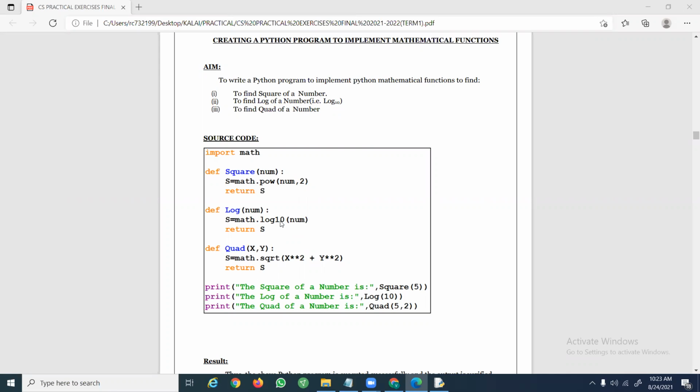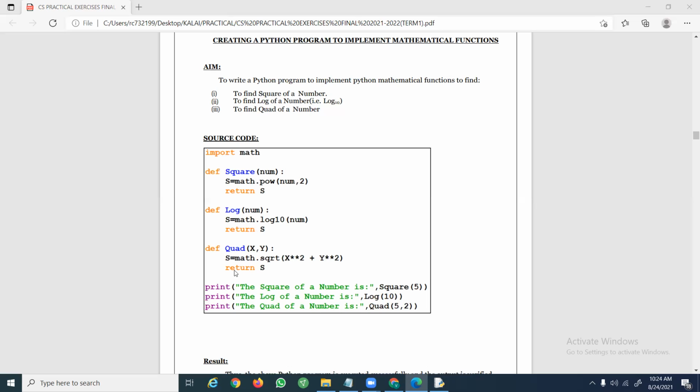In this example, I'm calculating the log to the base 10. The name of the function is log10, and it takes one argument. The value returned by this function, I'm storing in a variable, and I'm returning that value.